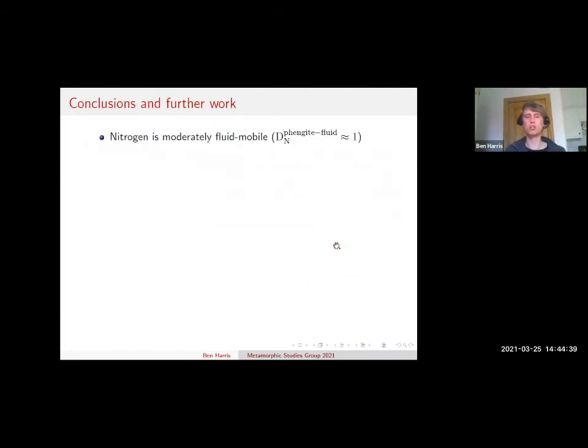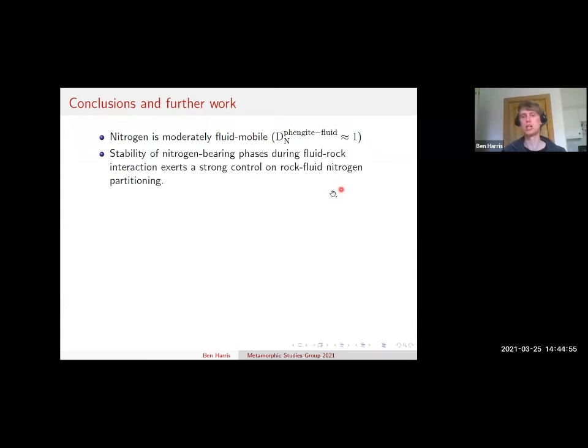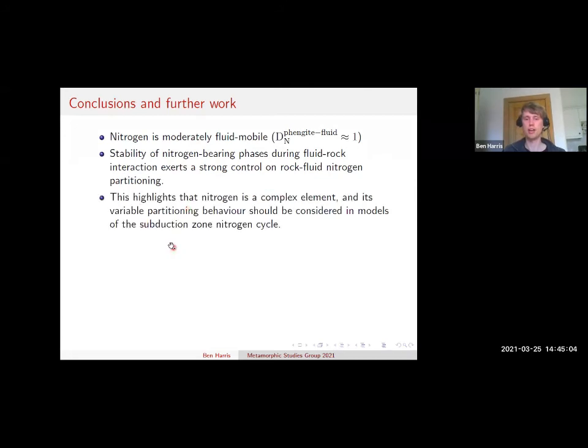So what are our conclusions from this study? Well, firstly, that in situ analyses of nitrogen by ion probe are possible and they can give useful data. We conclude that nitrogen is moderately fluid mobile, more fluid mobile than has been assumed by some previous studies. The stability of nitrogen-bearing phases during fluid rock interaction exerts a strong control on the rock fluid nitrogen partitioning, and therefore nitrogen is a complex element and its variable partitioning behavior should be considered in models of the subduction zone